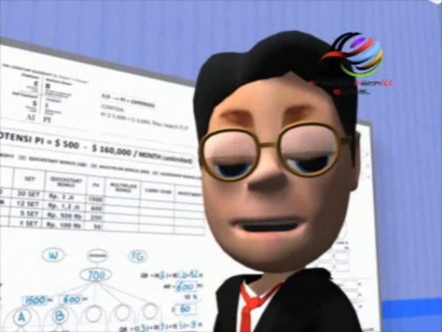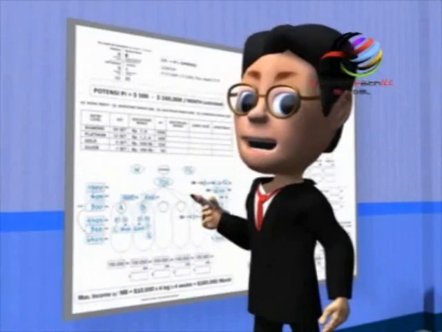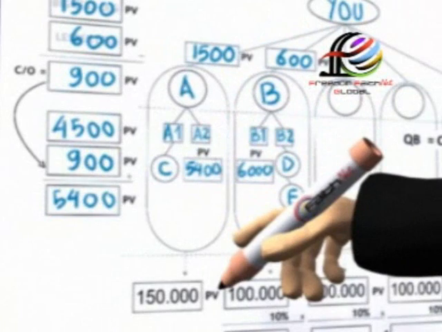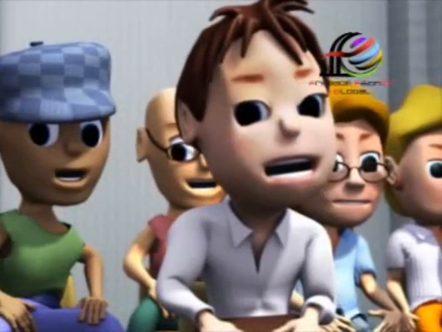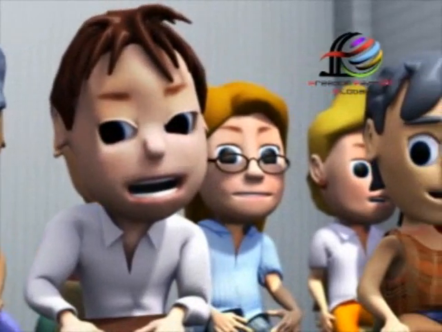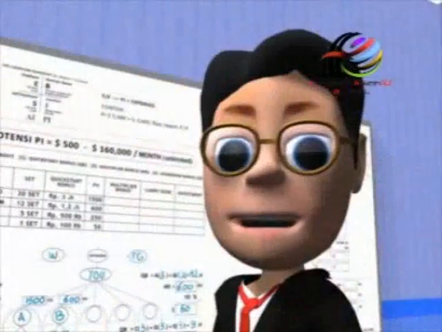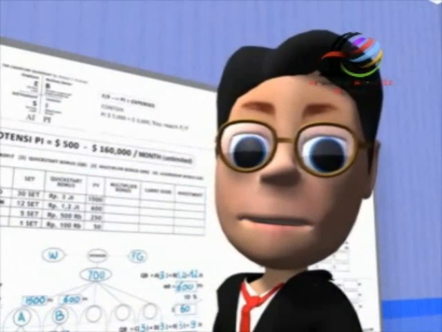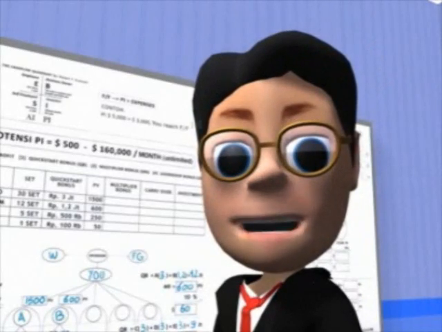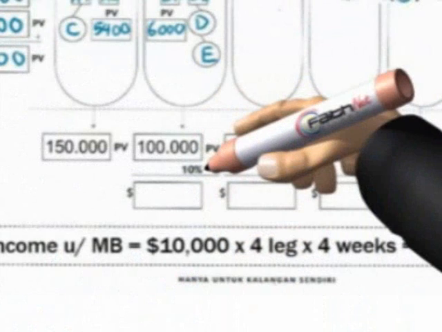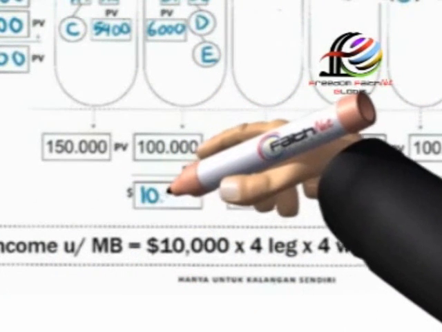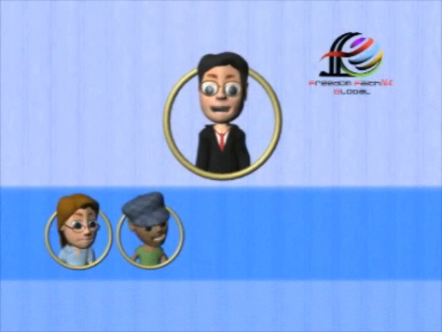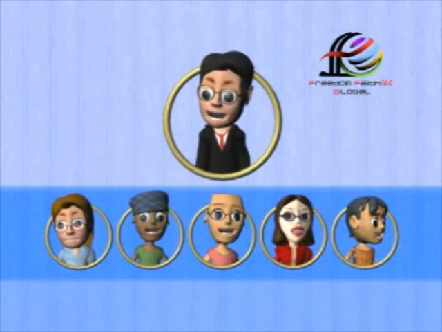What do you think the network will go further? Faster or slower? Logic dictates it will go faster and bigger. Let's say after 6 months the total volume of A group is 150,000 PV and the total volume of B group is 100,000 PV. As you get 10% from the lesser legs, then you will get 10% times 100,000 PV equals 10,000 US dollars. The good news is you are allowed to develop more than 2 legs, and that is